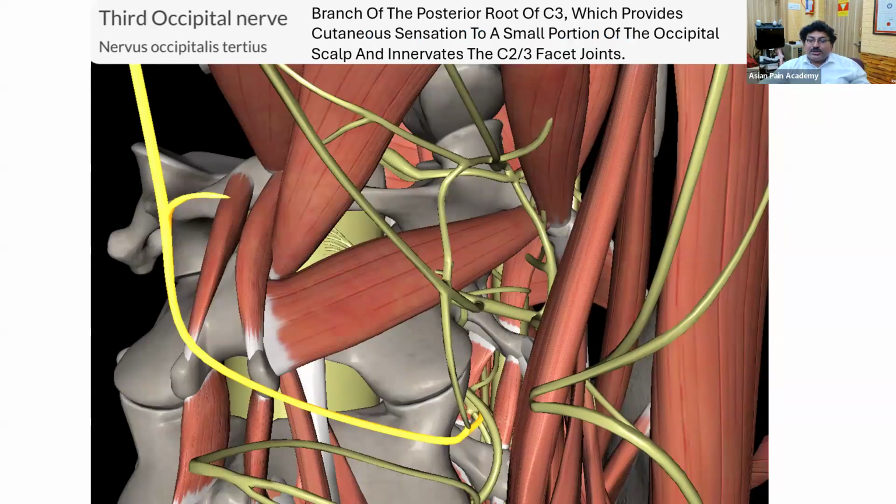Remember, it is the continuation of the main trunk of the posterior ramus of the C3. Obviously, it is the third occipital nerve, so it starts from the C3. It moves from above the C2 C3 facet joint and then it continues from the central side and supplies a small area over the back. So, whenever the C2 C3 facet joint is involved, it commonly causes cervicogenic headache because of such kind of